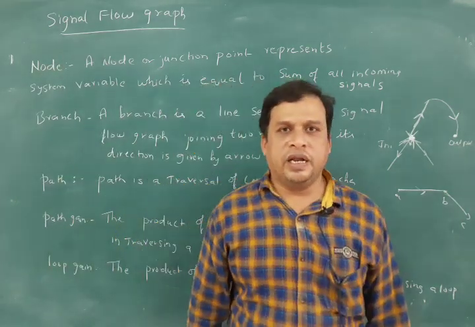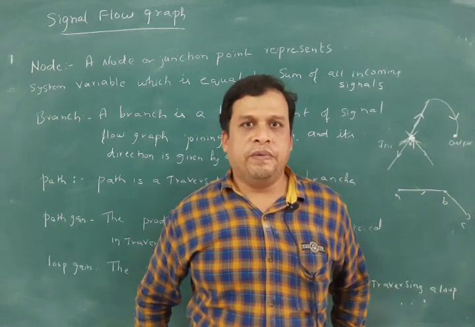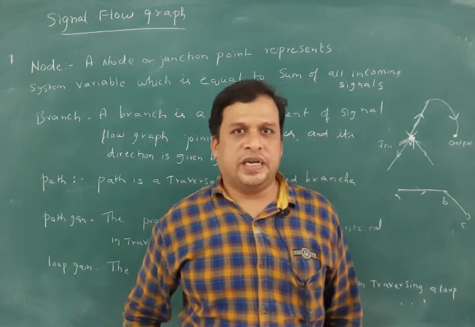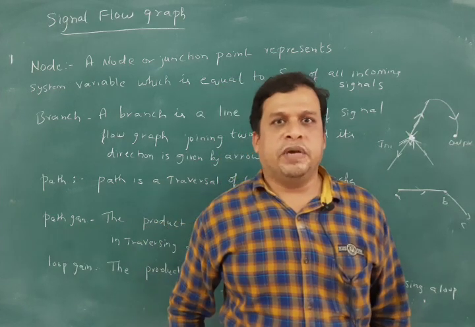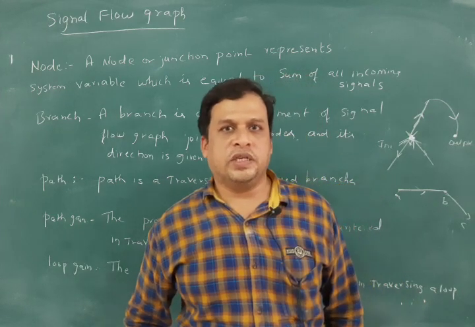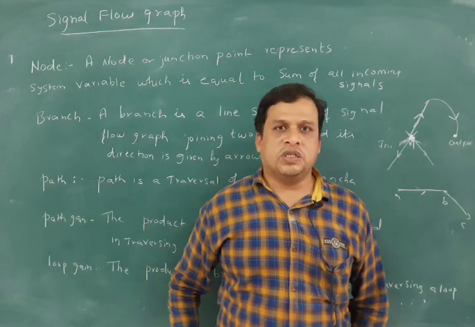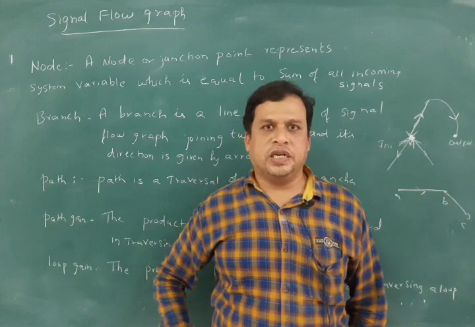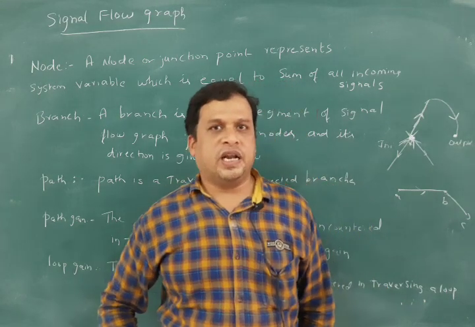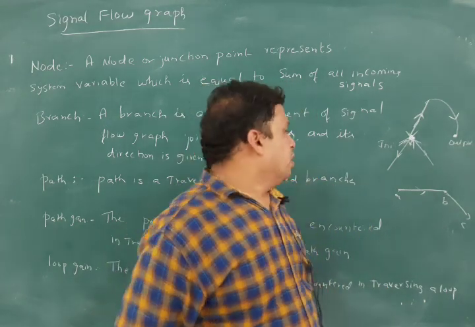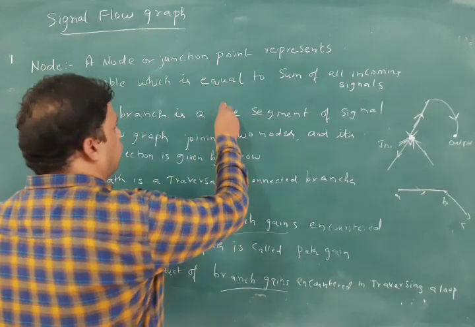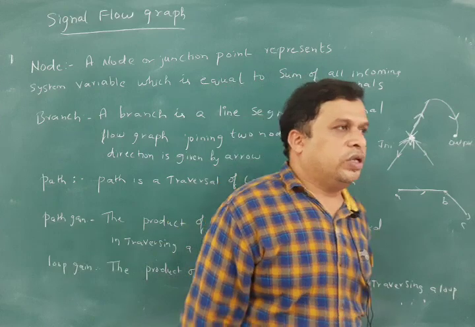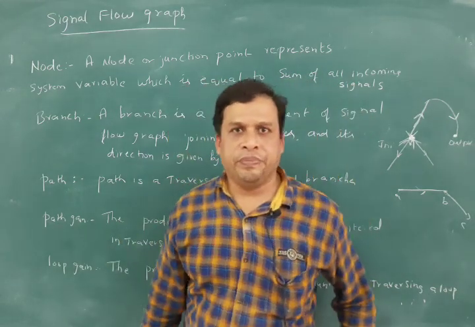Here this signal flow graph was actually used for system diagramming, and it was developed by a scientist known as S.J. Mason. It is as easy as the block diagram reduction technique. As I already said, it is a graphical representation. So we will be using signal flow graphs in control systems to reduce the block diagram.